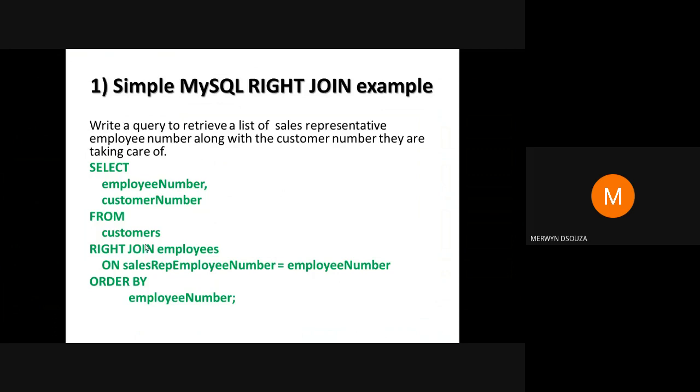So therefore, if you want to write a query to retrieve a list of sales representatives and the employee number along with the customer number they are taking care of, then we will write a query